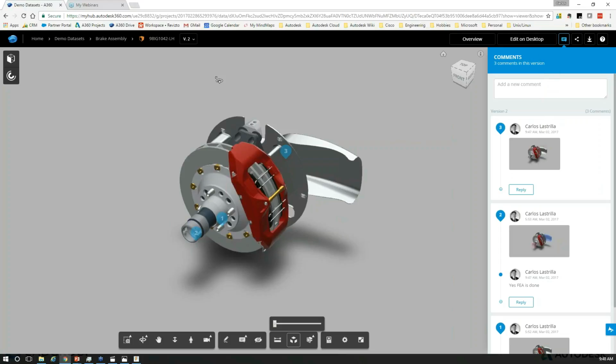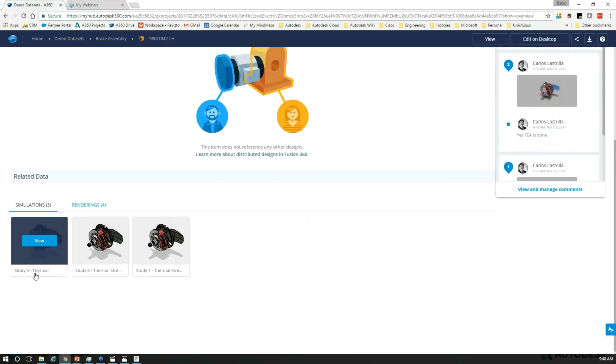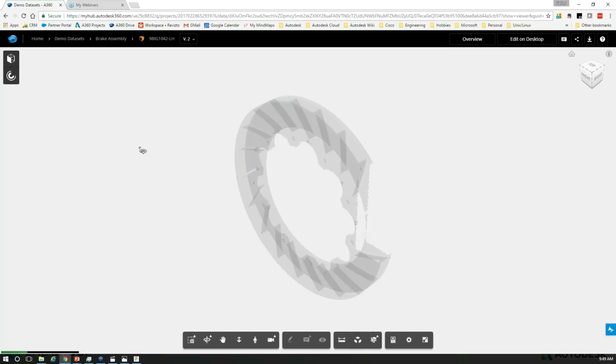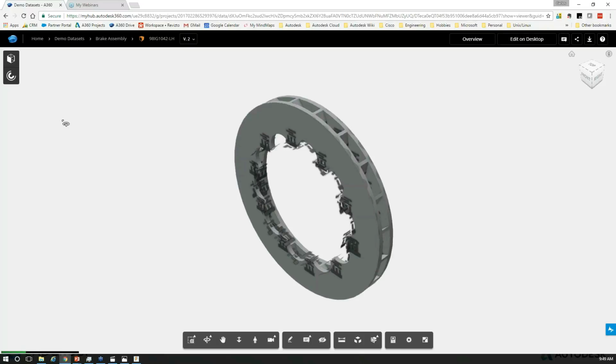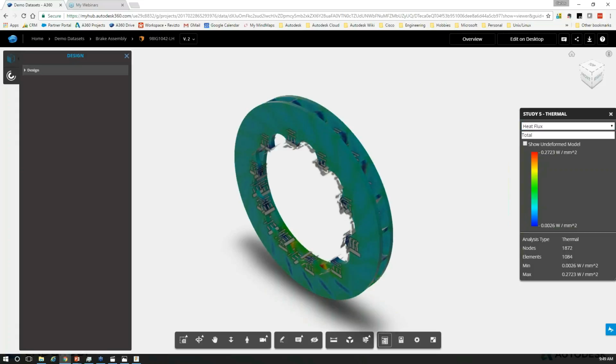So that's basically within the Fusion 360 session. Also, while you're in the Fusion 360 environment, you have access to any renderings or simulations that have been made. For example, if I click on this, it'll show you the specific simulation results. Based on that temperature, it's the undeformed model. It shows you all the constraints that have been added. It shows you the heat flux as well. So it shows you the results of any of the simulation studies that you've made, all within the Fusion 360